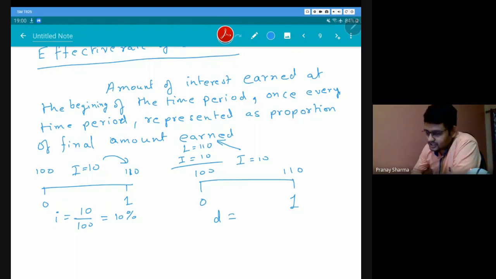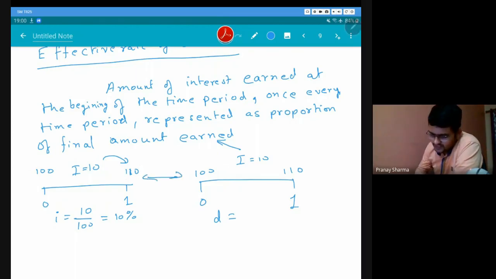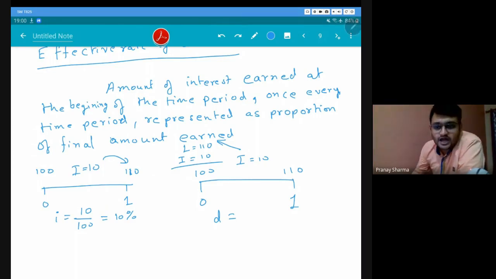Now this is just conceptual. Now if I just remove this, can you see a difference between these two? Is there a difference between these two? Not at all. The cash flow is exactly the same. You got 100 rupees at time 0 and you returned 110 rupees at time 1. So even though I said give me 10 rupees as interest right now, in actuality there was no interest paid at the beginning. The extra money was given at the end only. So there is no difference between the cash flow. That is why these are equivalent rates.